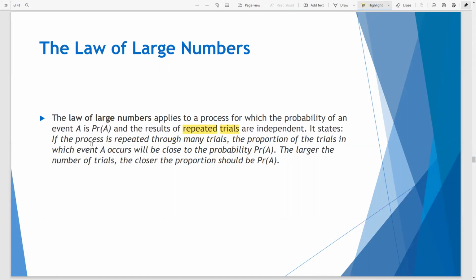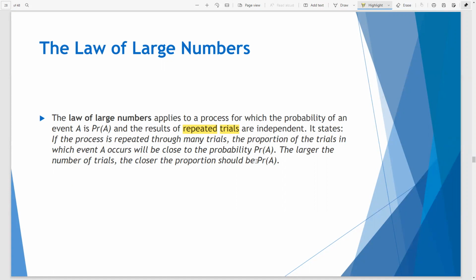What it states is that if the process is repeated through many trials, the proportion of the trials in which event A occurs will be close to the true probability. The larger the number of trials, the closer the proportion should be